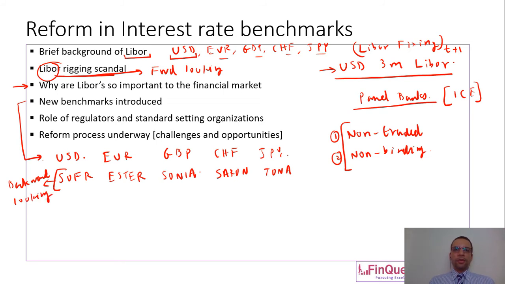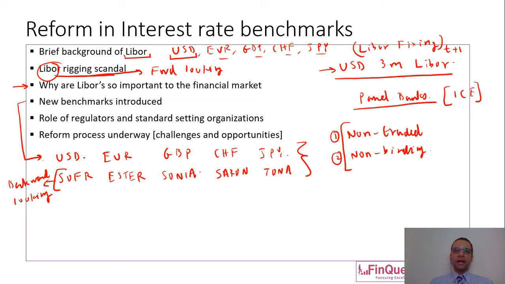When we had LIBOR, we had all the LIBOR forward curves which we could build using the LIBOR swap curves. For any LIBOR swap curve, we could bootstrap it and arrive at the implied forward rates. That way, at the start of the period, we would know what the LIBOR rate to be used for that particular period is. However, the new benchmarks we are talking about here are backward looking,